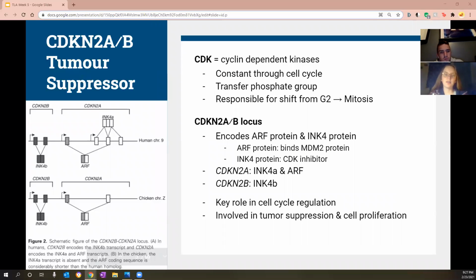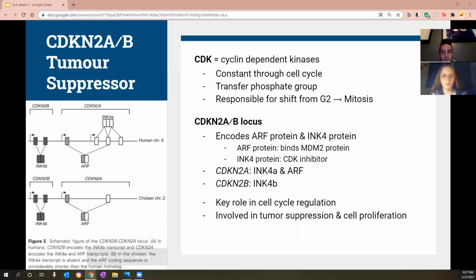CDKs are cyclin-dependent kinases. They're expressed at a constant level throughout the cell cycle. CDKs act to transfer phosphate groups. They are responsible for the shift from G2 to mitosis because of their phosphorylation of proteins. The next aspect of this concept is the